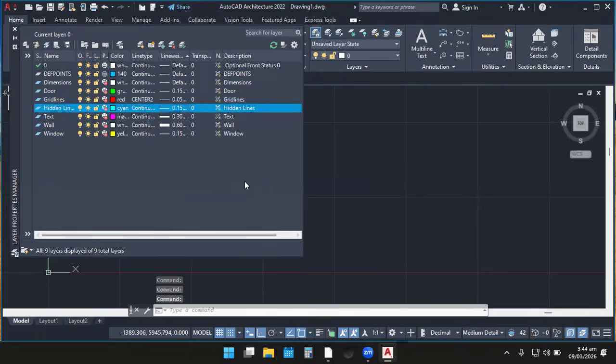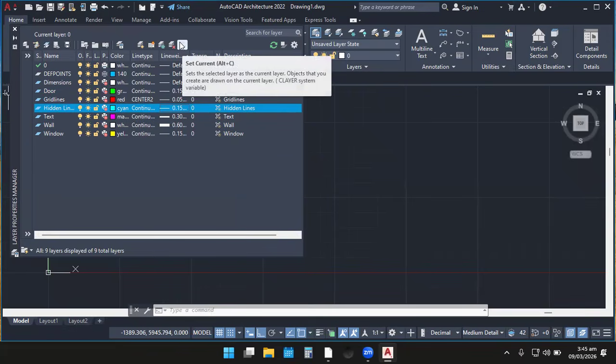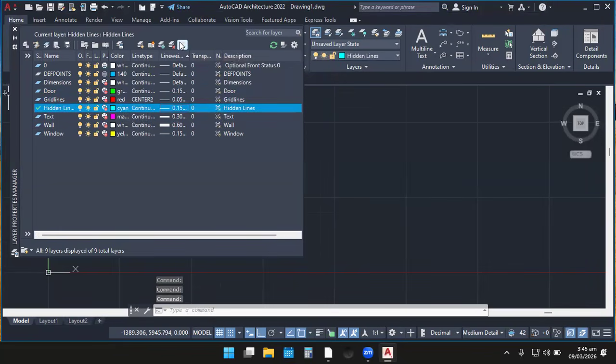Okay. So at the end of the day, you see that we have our standard values over here that we are coming to start our work with. Okay, so after doing all of this, what are we supposed to do next? We're just supposed to click on this set current. Okay, so we now click on this thing. That's now set. You understand? So I just set this to current here.